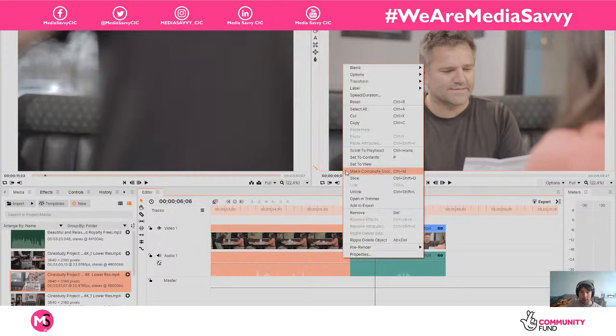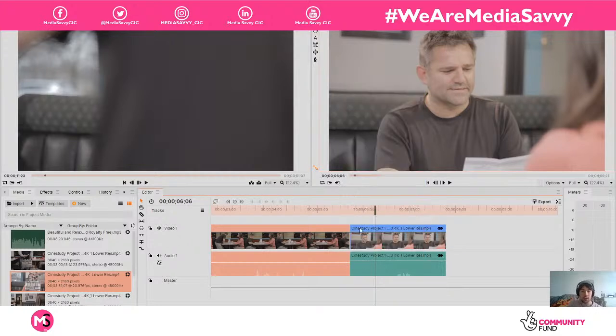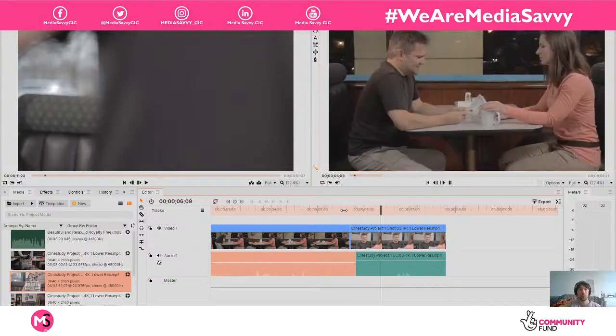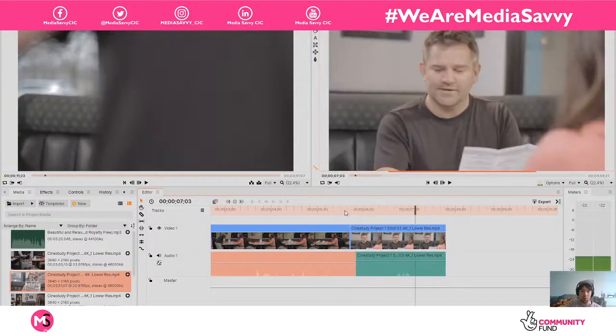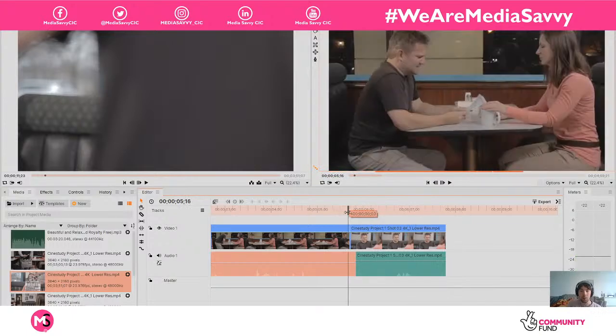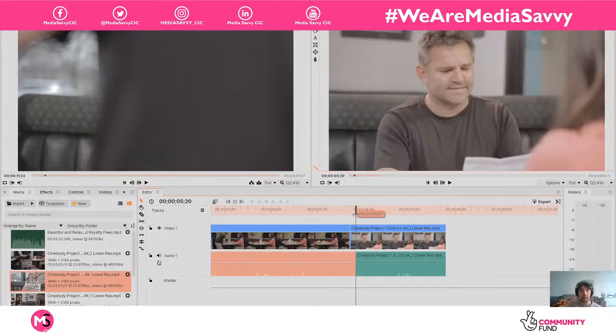So if I press unlink on that, and then right click on this one and press unlink, and then I move that sound there, and carry that sound across a bit, then that's generally how you would often do it. But like I said, it's really well utilized when you've got a jump cut. A jump cut is when, and you can lead into a new scene, etc.